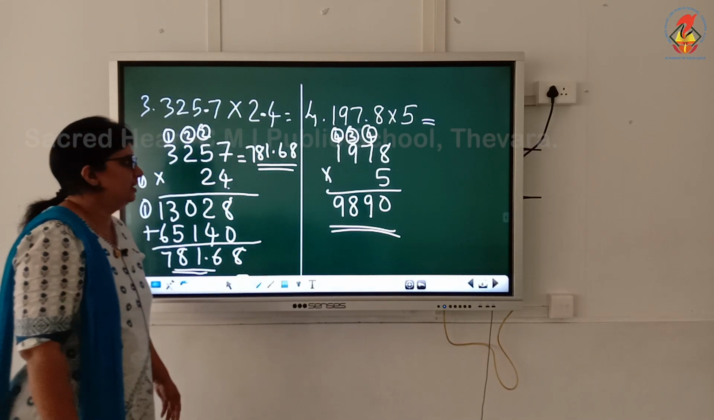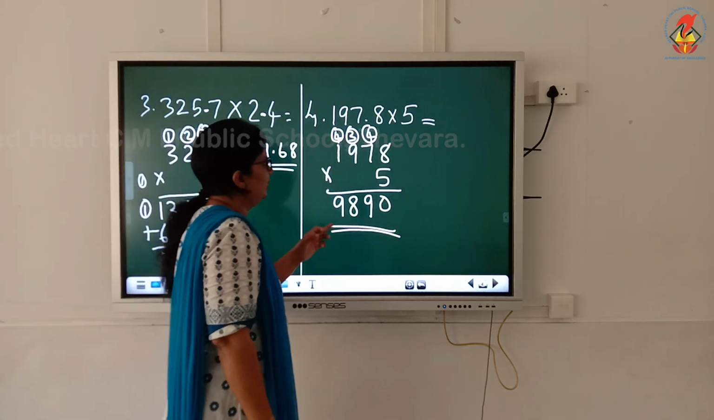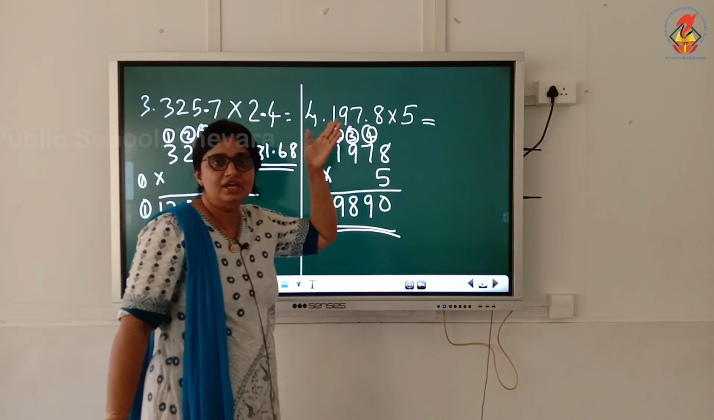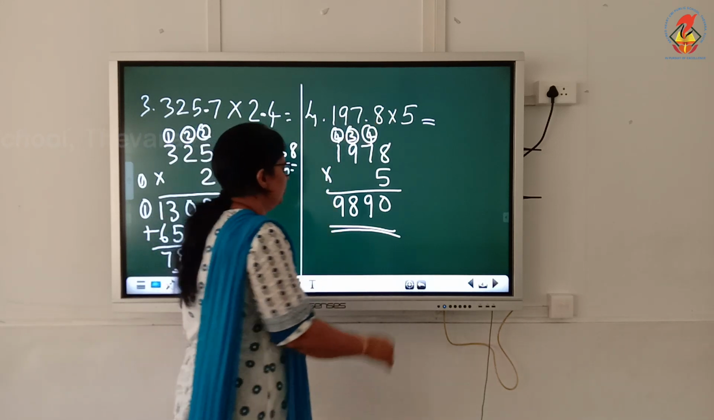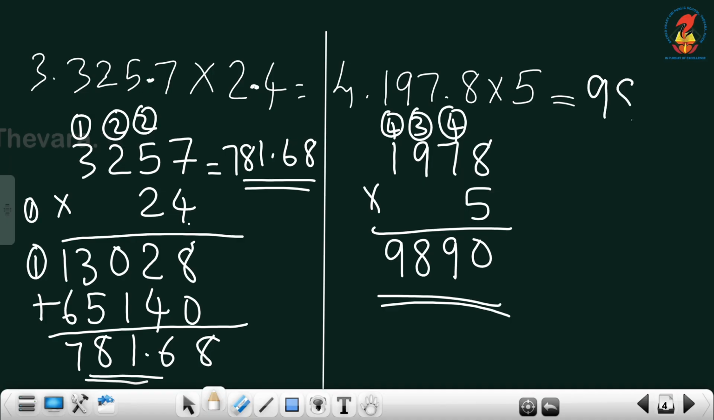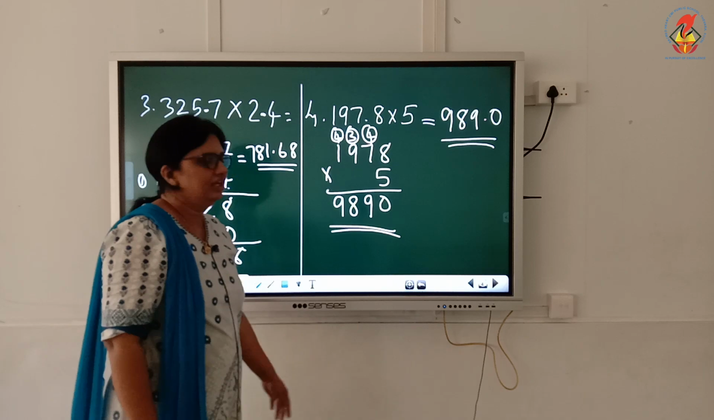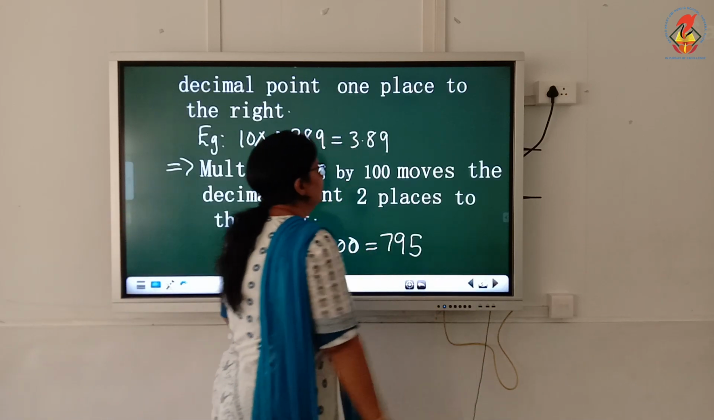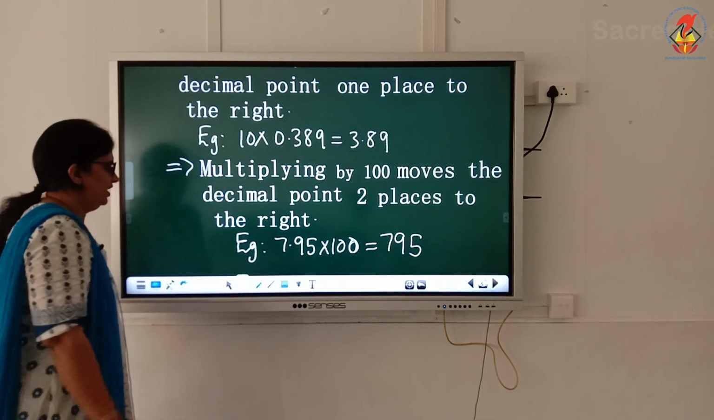Okay, and how many decimal places do I need to put here? Because we have only 1 decimal place here, we need to put only 1 decimal place. So the answer is 989.0. Effectively that is 989 only. Okay, and the next one is,